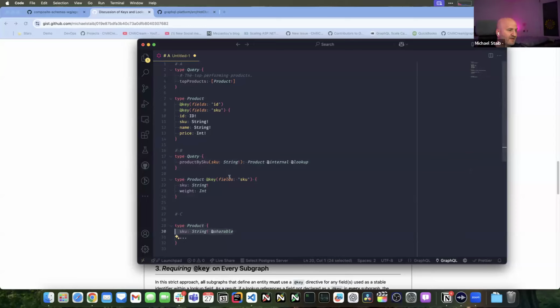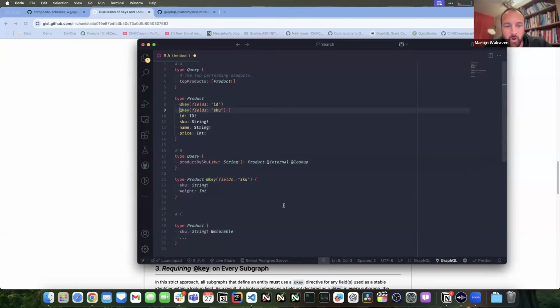And the consensus last time was that the moment we make SKU a key somewhere, then the shareable contract should be that this is a key, this is stable, and the teams should communicate on this.